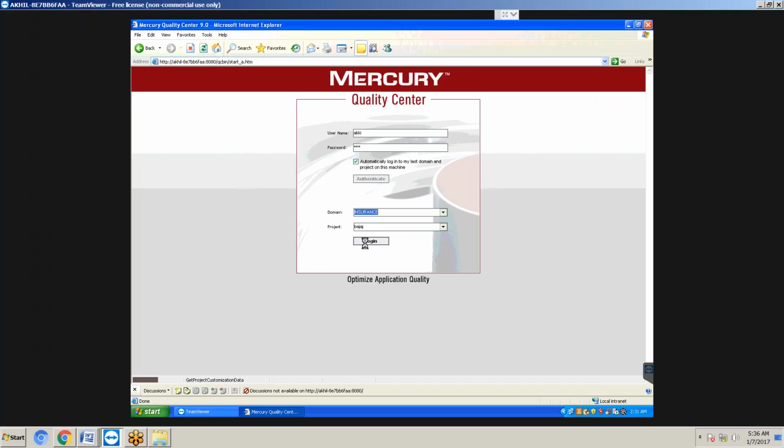Aki is a tester. Domain name is insurance, project name is Bajaj. After giving username and password, compulsorily we need to get the domain name and project name. That means we already created them successfully. It will load slowly.